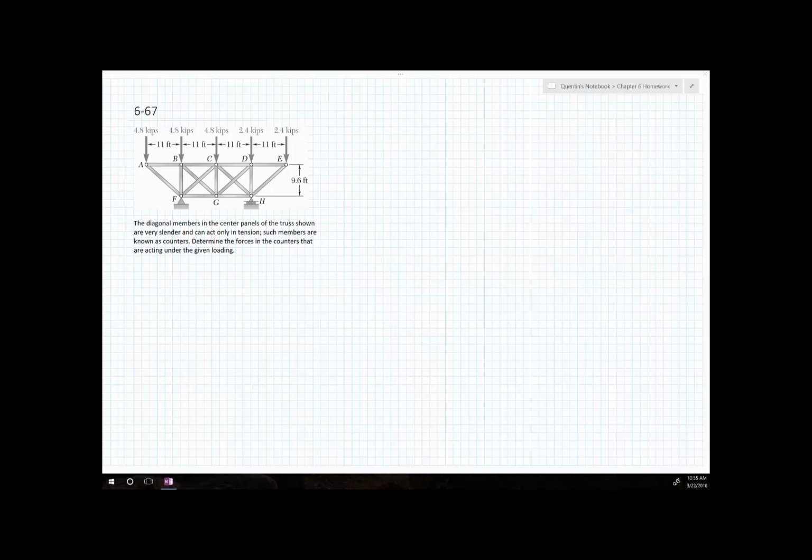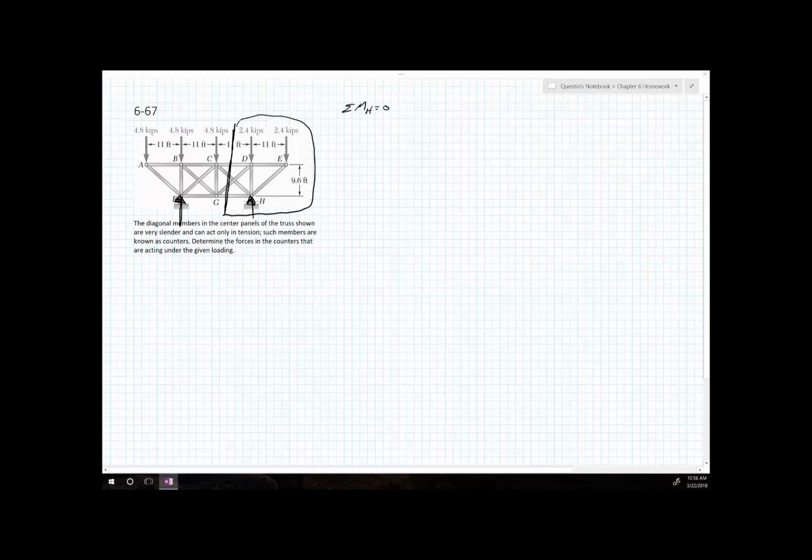Before we can do the method of sections, I'm going to cut through here, and then I'll take this section right here. Before we can do that, we need to know what the force is here at H. For the one I just did, we don't need it over here, but we can do it just for fun. So we take the sum of the moments at H